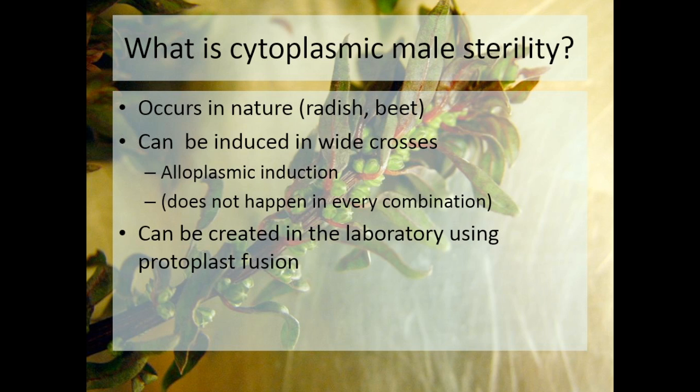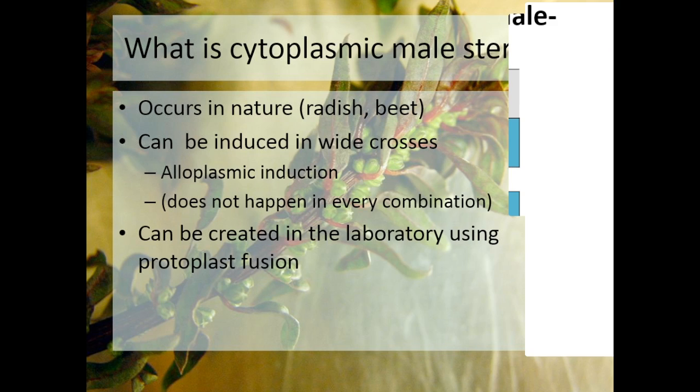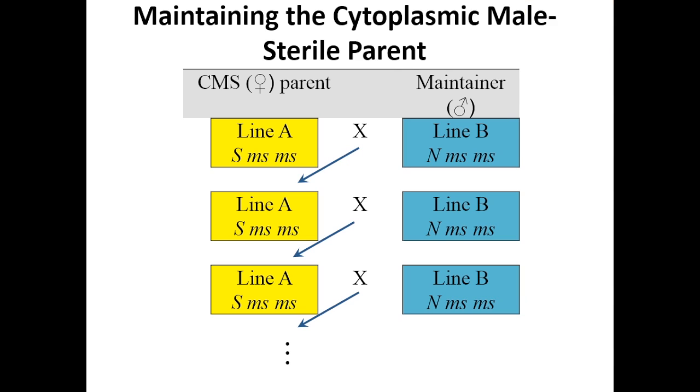It's kind of a hit and miss thing where you have to make crosses and look at what you're getting out of it, and some things will work and some won't in terms of producing CMS. So that's called alloplasmic induction of CMS. And then the other method for creating CMS is using protoplast fusion, a laboratory type technique. Now, I'll get to that in a little bit, but just to talk a little bit about the mechanics of